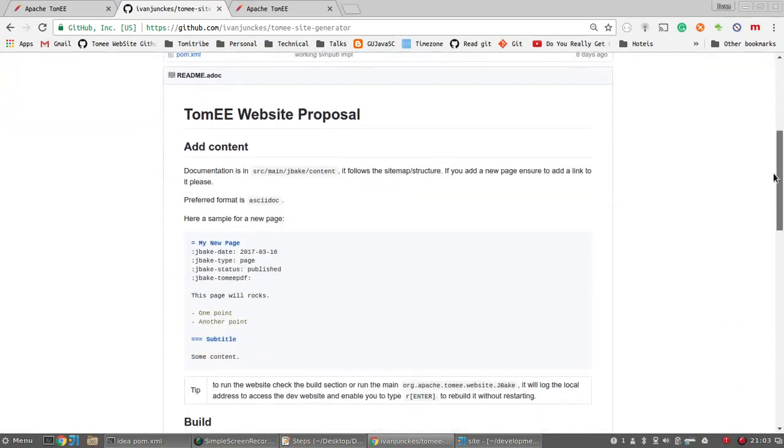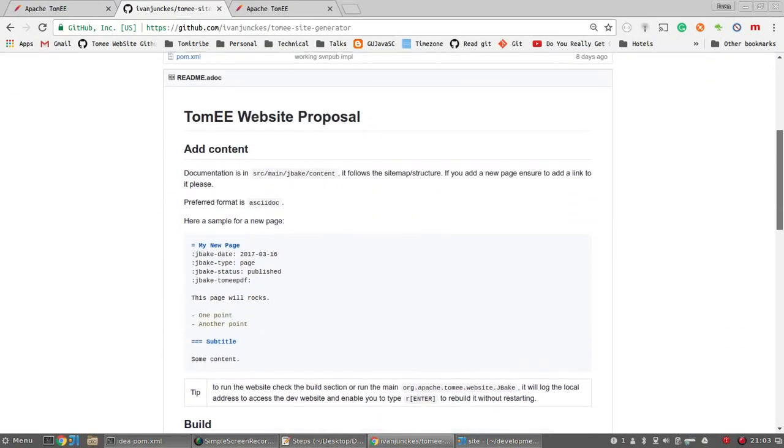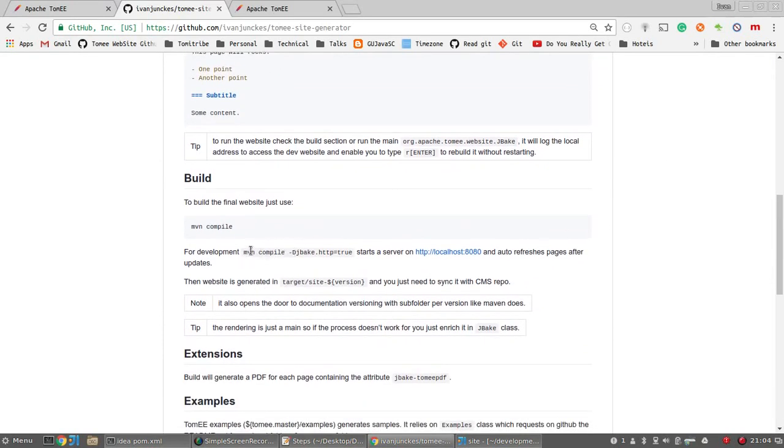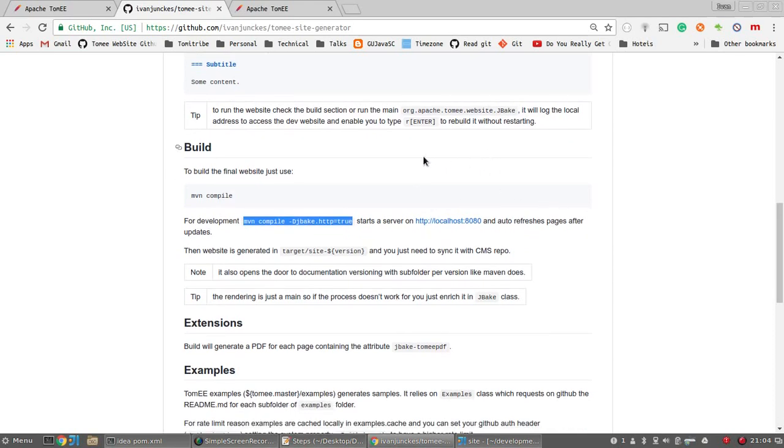written here. So here you have mvn compile jbake http true. If you do this, you'll have the server running in your local, and you'll also have all the PDFs generated, so you can check out and see if they're okay. Okay, so now we have our change. We know how to generate the PDFs, and now what we're going to do is send